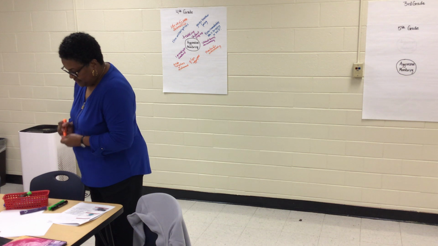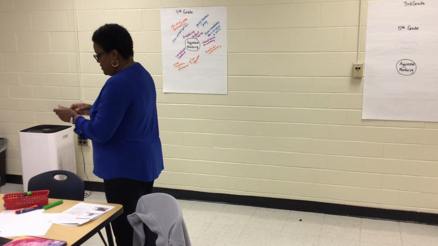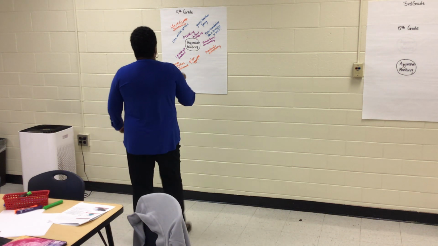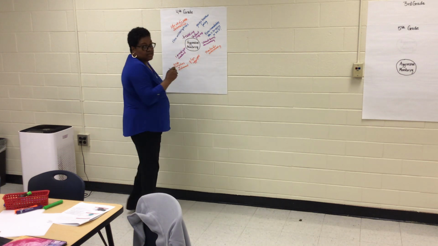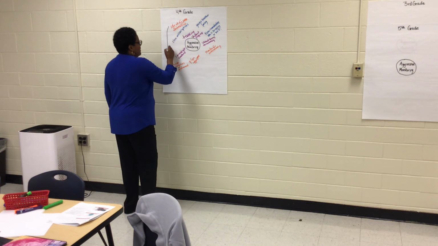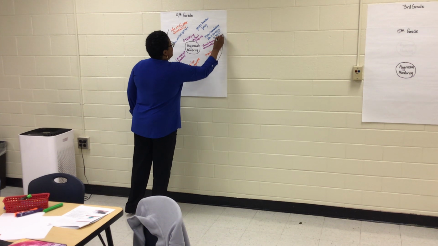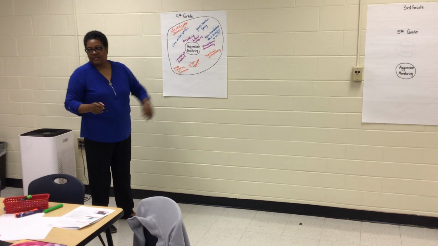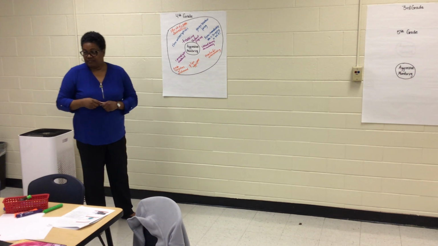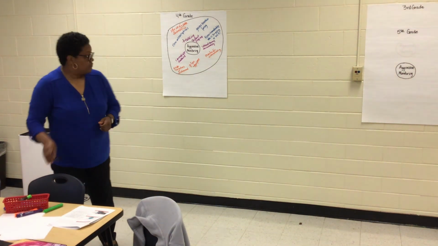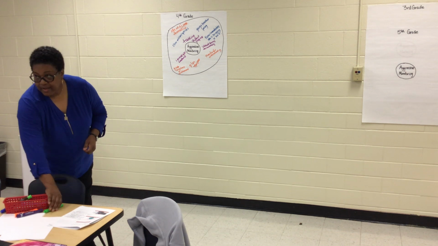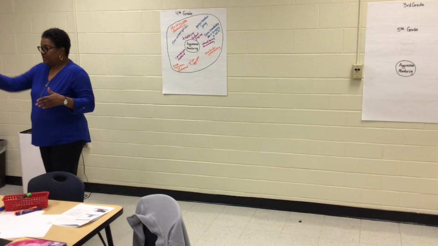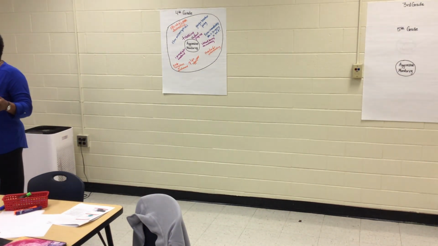All right, for the purposes of doing a great circle map, I'm gonna go ahead and close it up. Might not be quite a circle, but that's okay. Now, how do we know all this? What's in our frame? Our frame is our point of reference. How do you know this? Where'd you get this information from?